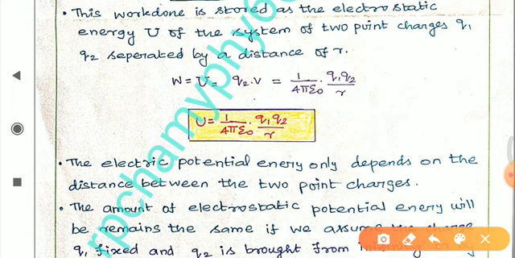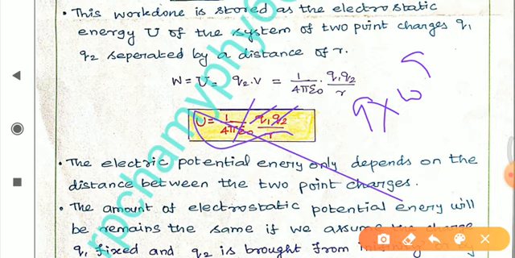Here we can understand that 1 by 4 pi epsilon naught is common. Its value is given by 9 into 10 to the power 9 Newton meter square coulomb power minus 2. Then what is q1 q2? They are unit positive charges, so charges will not be changed, so we cannot consider these two. Then what will be the remaining is nothing but